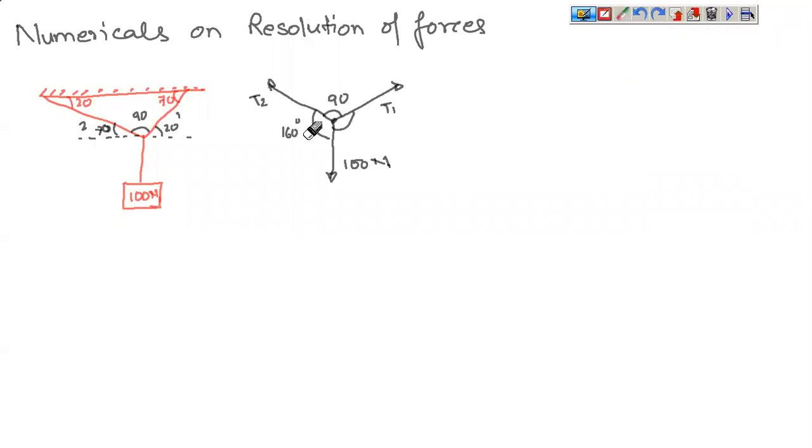What we need to see is that the sum of these three angles has to come out to be 360 degree. Only the representation is a bit wrong. So if this is 20 degree, obviously this is also 20 degree, and this is 70 degree, so this is 70 degree. So 70 degree plus 90 degree, this is 160 degree here, and 20 degree plus 90 degree, this is 110 degree. If you add all these three, it should come out to be 360 degree.